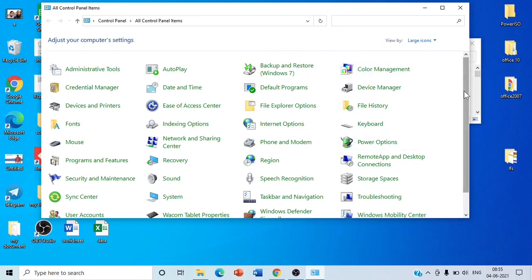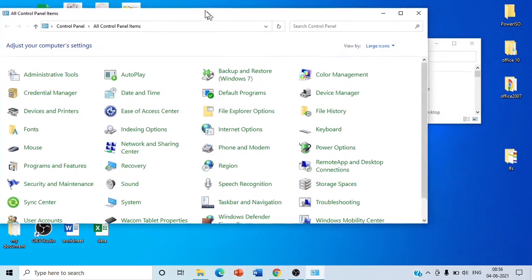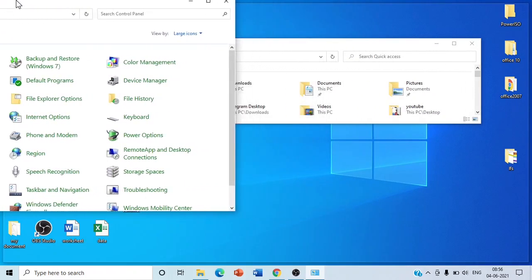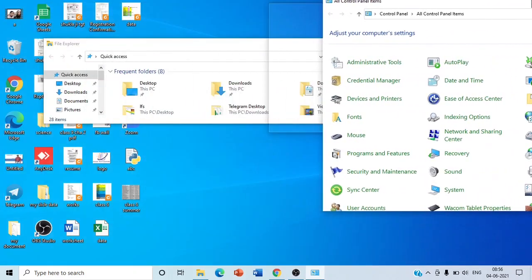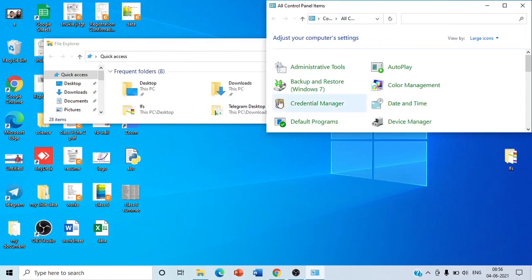Now here is one more feature of Windows, that is known as Aero Snap. What is Aero Snap? You can see that when we click on the center of the title bar, press the left button and place the window on the right corner or left corner, you will see that your window will be fixed.